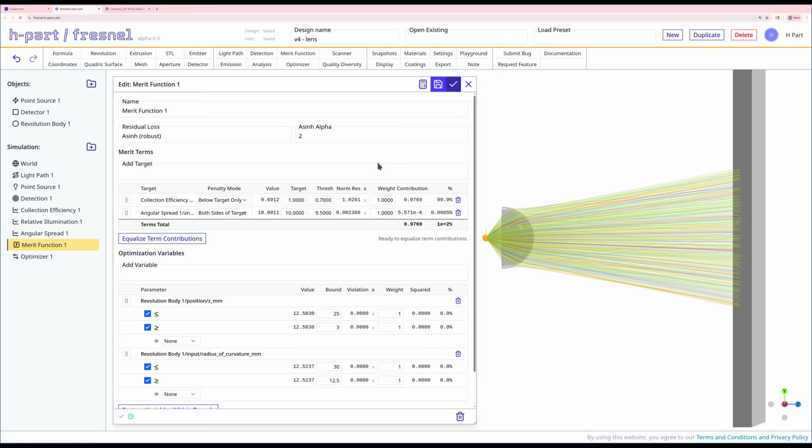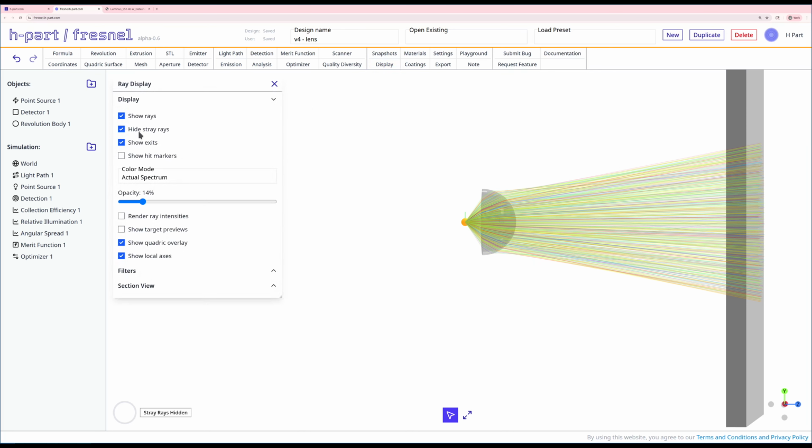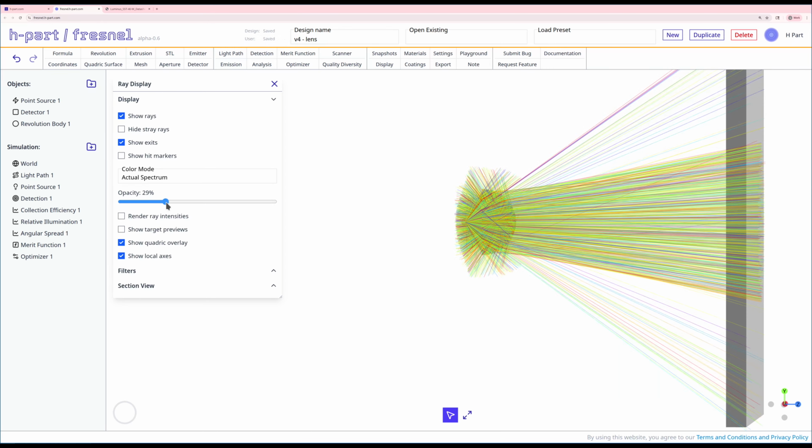And so this design is looking good. Now I'd like to actually open up the display and take a look at the stray rays just to see how we're looking overall. I'm going to open this up and uncheck hide stray rays. I think I'll drop the opacity a bit more. And so we can see that we still have a lot of stray radiation that's going backwards into the flashlight